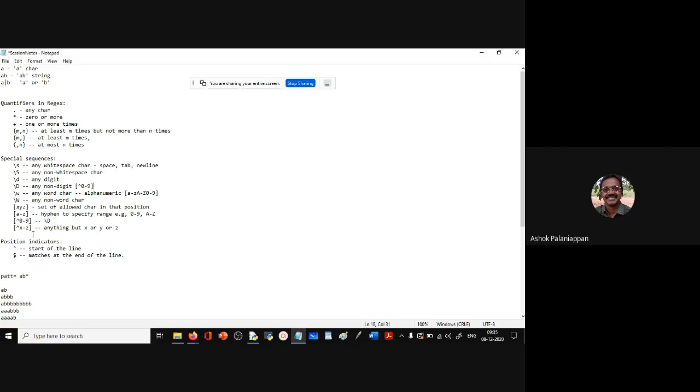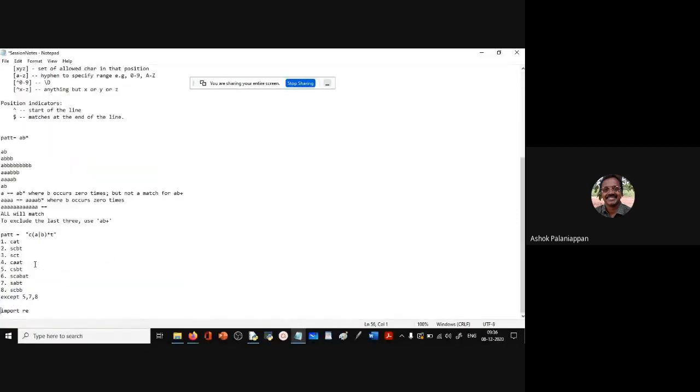Like this, we can also use a hyphen for partial ranges. So instead of A to Z, you can say B to Z. Then A alone is omitted there. So we can use partial ranges as well. All right. Now position indicators we have already seen. So caret for the start of the line and dollar for the end of the line. All right. Now let's see some examples of how these things are being used. We have another 5 minutes, and let's hope we can finish this as well. And tomorrow we can move on to some programs as well.